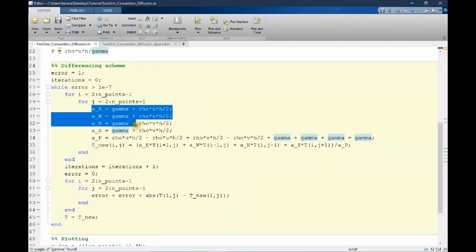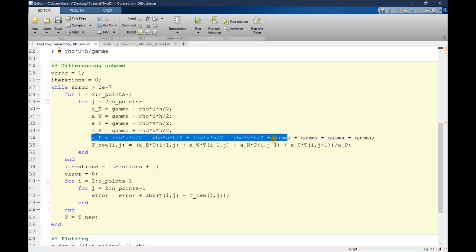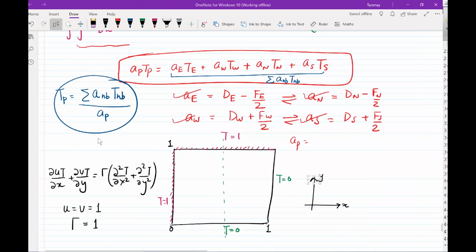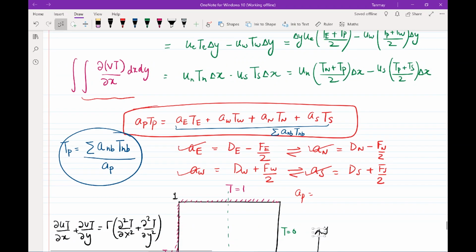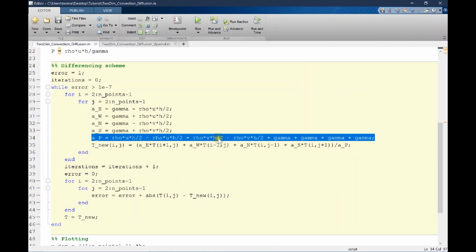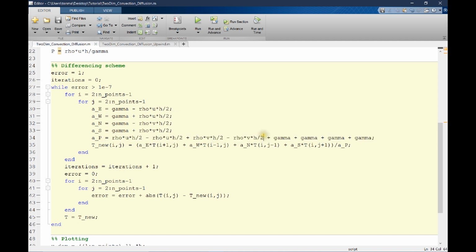Once we define all these neighboring coefficients, we can also define AP, which is the coefficient for the point P. The AP in the two-dimensional case is a slightly bigger expression, because it takes into account all the advective fluxes, which are the first 4, and all the diffusive fluxes.